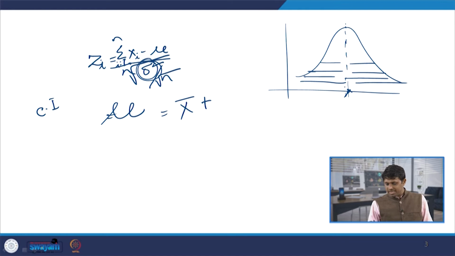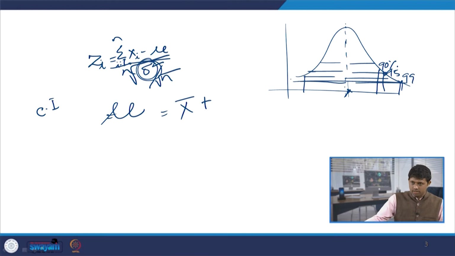Now, if we set the confidence interval at 99%, 95%, or 90% confidence level, when it is 99% it covers 99% of the information, and usually the errors are very small. Usually when the confidence level is very high, the precision is also better, or the margin of error is very small.